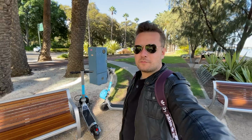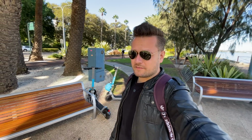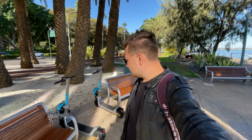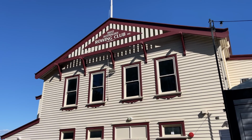I'm gonna show you a little bit of the ocean front. Somebody who is from Perth, tell me if I can rent those bikes and go to King's Park, and there will be no issue. Or maybe you tried something like that. If you don't know, it's okay. I will try to Google it, but that will be cool because walking there may be a little bit tough. West Australia Rowing Club, established